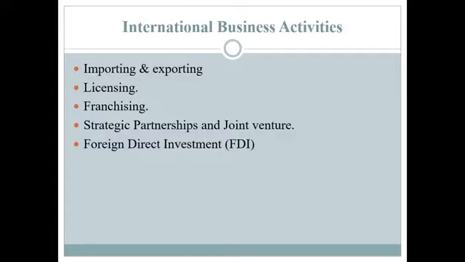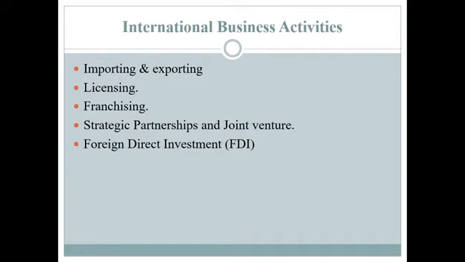Licensing is the arrangement between a firm called the licensor, who allows another one to use its intellectual property such as brand name, copyright, patent, technology, trademark, and so on for a specific period of time. The licensor gets benefit in terms of royalty. The company may choose to sell the products under licensing when the domestic production costs are too high, there are strict government regulations, or the company wants to sell and produce standardized products everywhere.